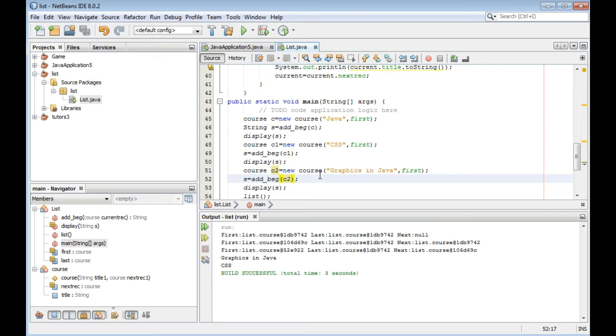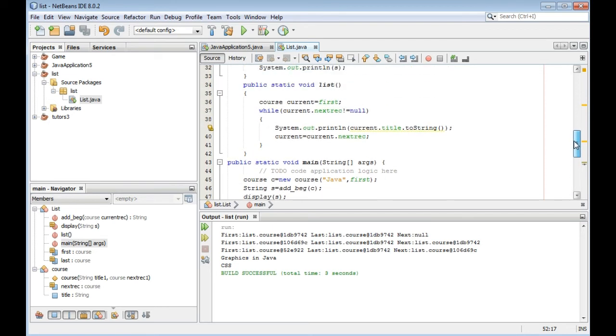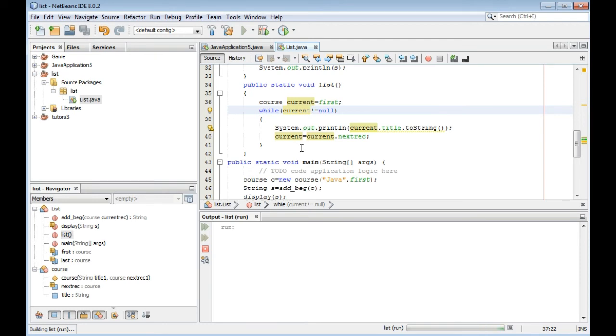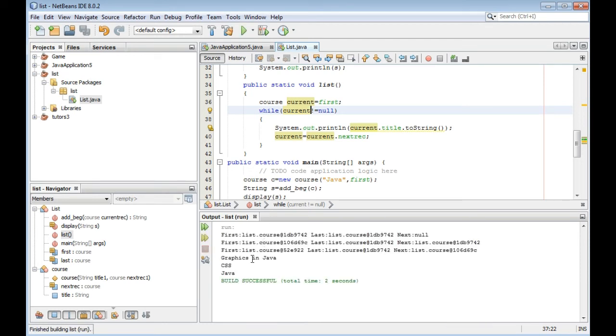Else current rec dot next rec is equal to first. First is equal to current rec. And we should print first, last, and next. Okay, the problem is this. We are not using, this is C1, this is C2.